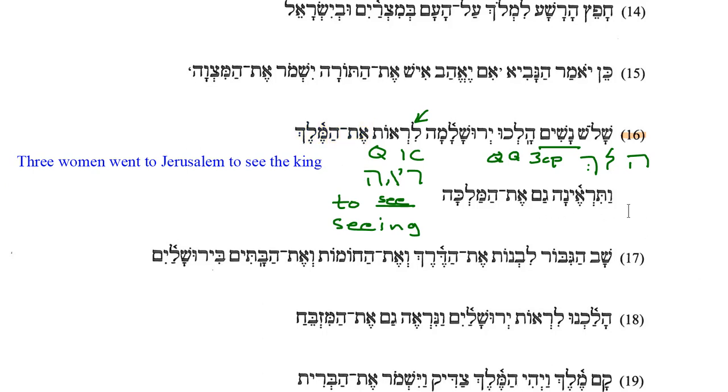We'll come down here. We have a dead giveaway that we're looking at a wow consecutive, or a Yiqtol form, because we have the wow with a patach and the doubling of that first letter of the Yiqtol form. So if I don't know anything else about this, I can tell this is a Yiqtol form just by that beginning. And here we have Tirena,